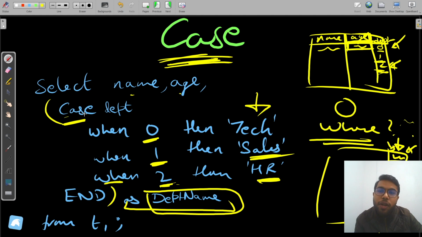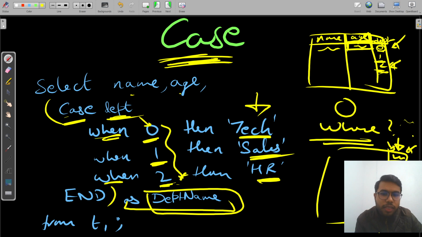This says whenever department is 0, you make it tech. So this new column called department name is created, and then whenever my department is 0, I'm going to write tech here. Whenever it is 1, I'm going to write sales here. Whenever it is 2, I'm going to write HR there. There is also a default case,